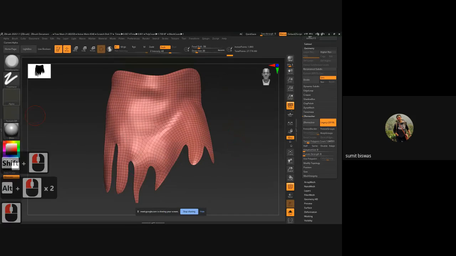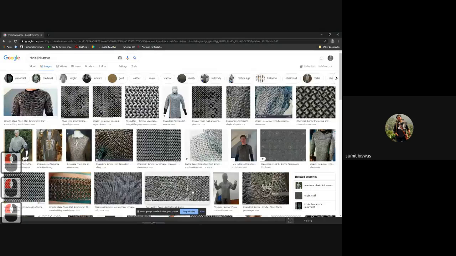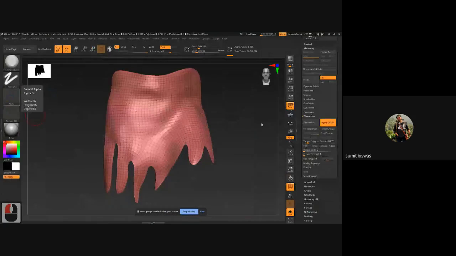For this, what I'm planning is to create this kind of chain link. For this kind of chain link, if you want to place each and every loop manually, it will be a very difficult task, really tedious and time-consuming, and it's not the right way to do it. So what I'll do